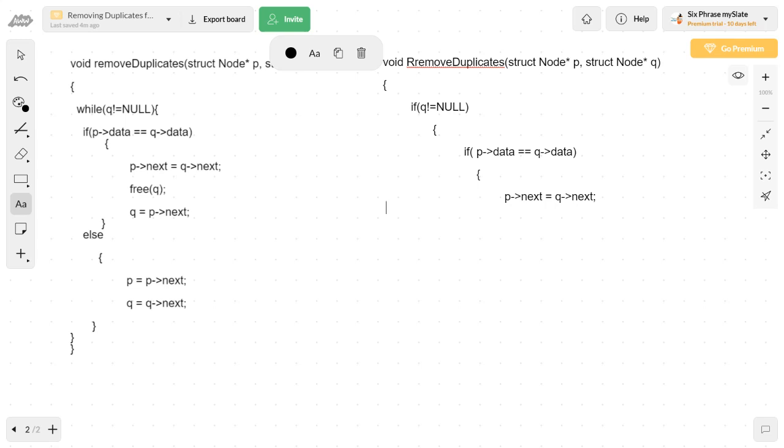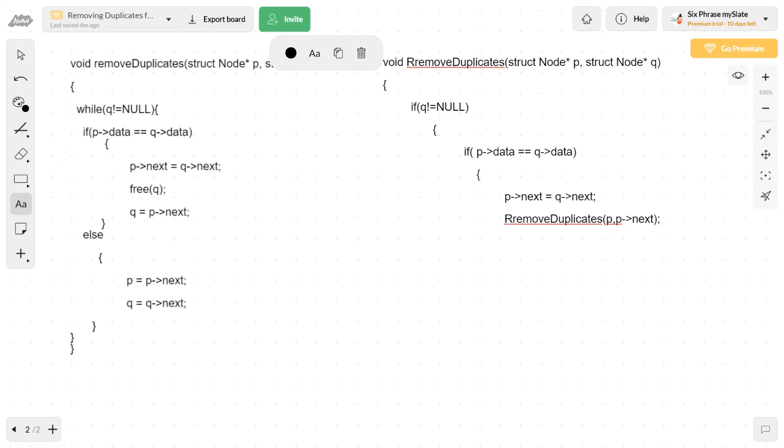So you can call the same function recursively, R remove duplicates, and instead of p we will pass the same p, but instead of q we will pass p of next, so p comma p of next.